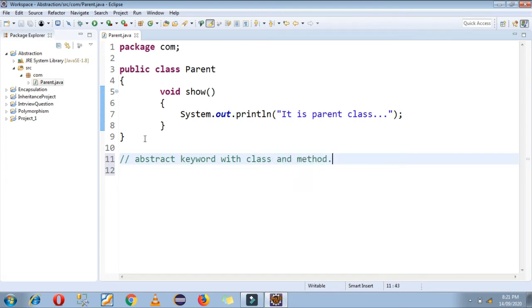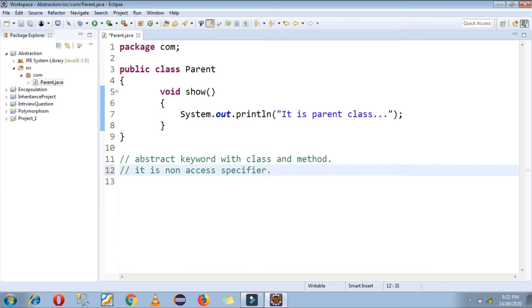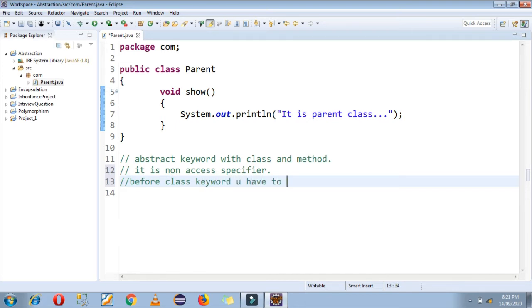It is necessary to add this keyword before the class and before the method name. It is a non-access specifier, and abstract is a keyword which you have to add before the class keyword in Java.